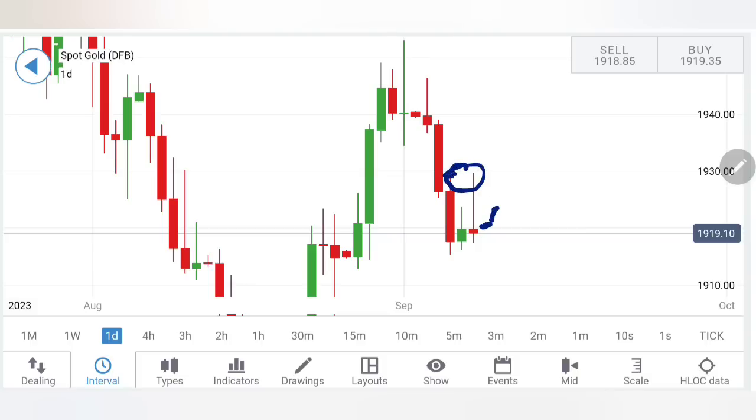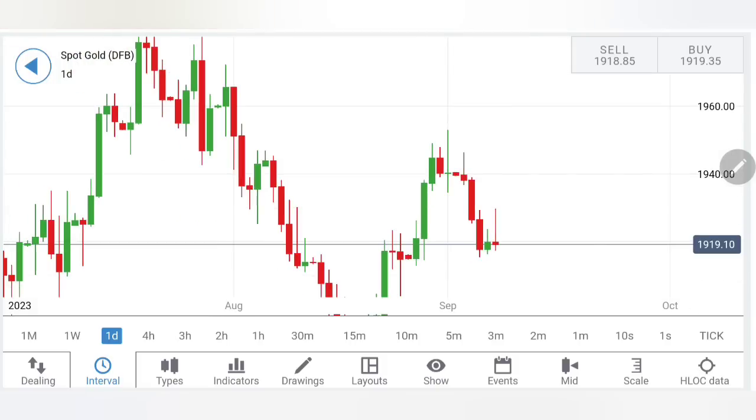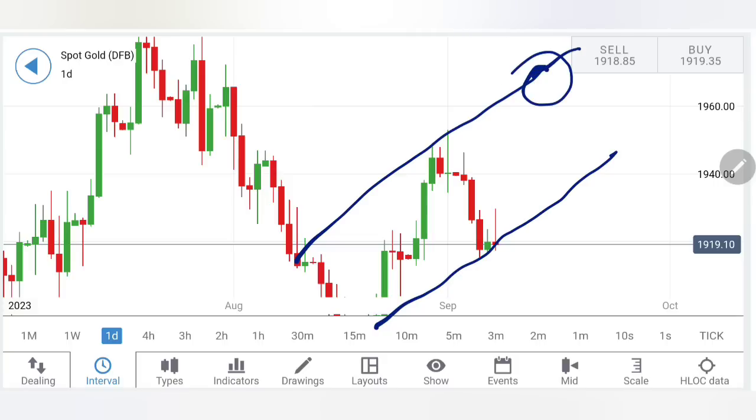to rise. But look at this double top levels, almost 1930 first resistance, 1934, 36 the next, and 1940 the ultimate. So only and only if gold stays above 1940, there will be a possibility of a further rise which can take it towards higher highs. Higher highs means, yes, we can see it stretching towards the zone at 1970-82. So we have to wait for 1940 levels to be breached on the upside in order to confirm a further